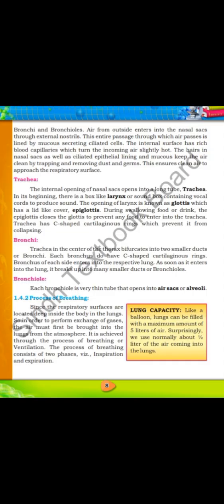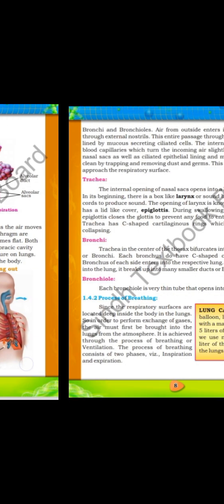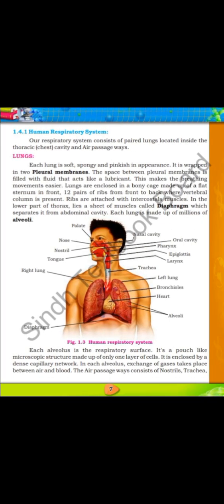So, dear students, here my today's lecture is completed, and inshallah in our next lecture we will again continue this topic, the human respiratory system,